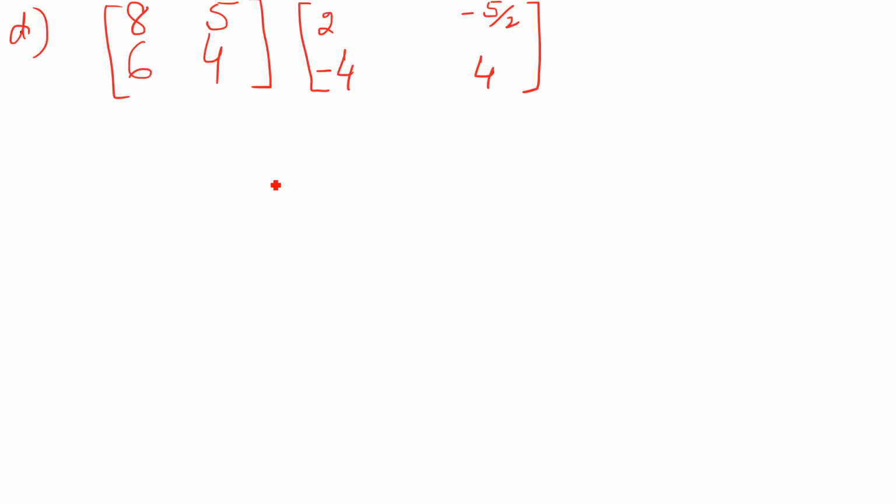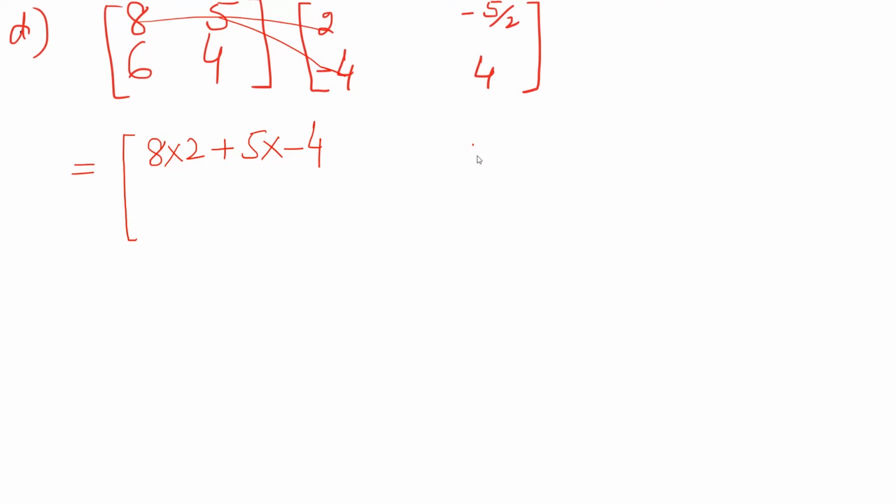Move on to question number D, part D. Here, see, in this second matrix, it is negative 5 by 2. First, we see that it is conformable for multiplication. 2 columns, 2 rows. Yes. 8 multiplied by 2, positive 5 multiplied by negative 4. 8 with 2, 5 with this. Now, same